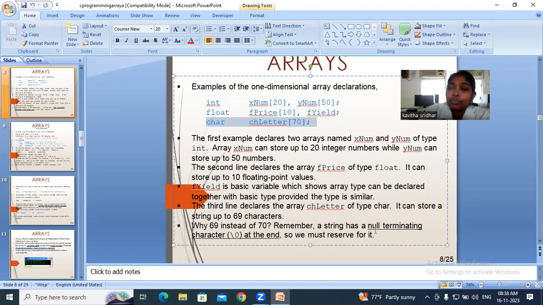So it can be stored here, the null terminating character can be assigned at the end of the characters. So one place must be reserved for it at the end. For example,